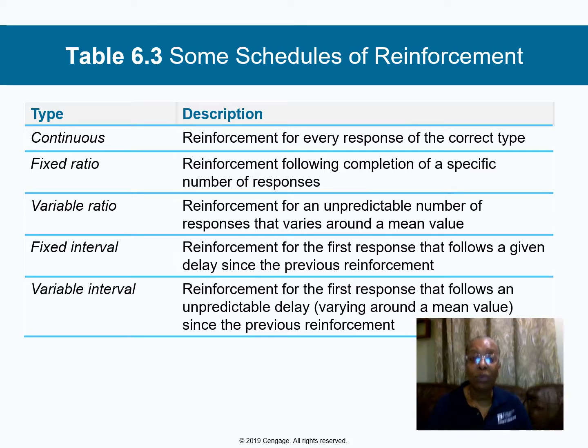Examples would include factory workers who are being paid for every 10 pieces of work that they turn in, or fruit pickers who get paid by the bushel. When we're looking at a variable ratio schedule, it's similar to the fixed ratio schedule, except that reinforcement will occur after a variable number of correct responses. An example of this might be reinforcement sometimes occurring after 1 or 2 responses, sometimes after 5 responses, or 10, and so forth.